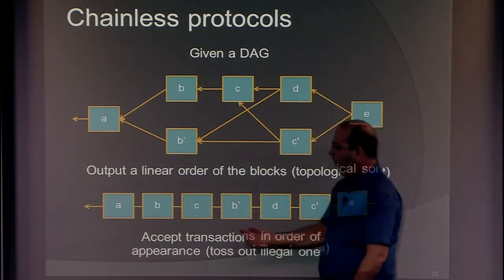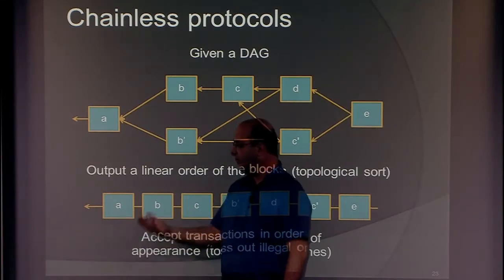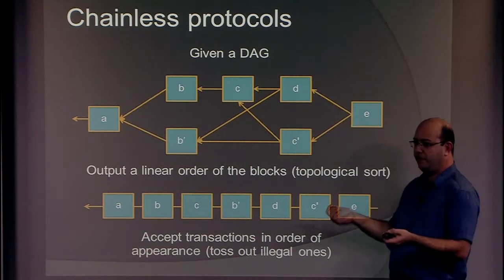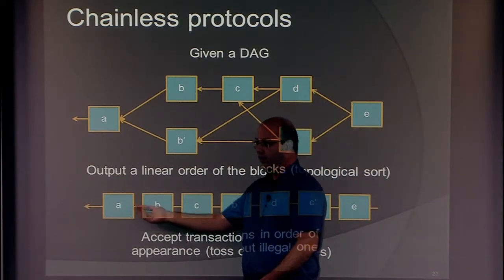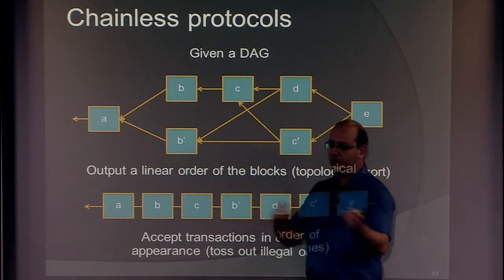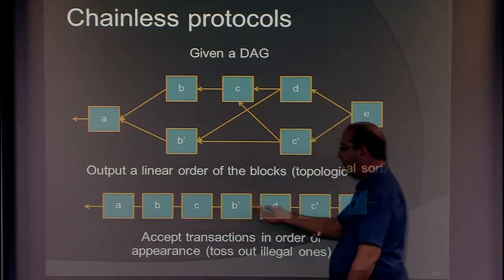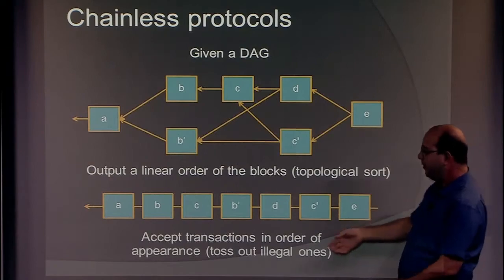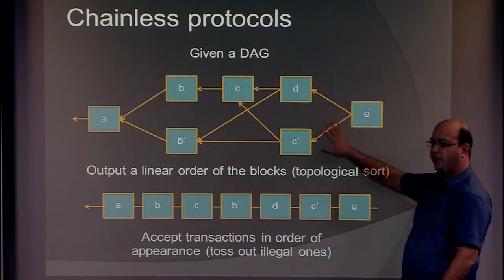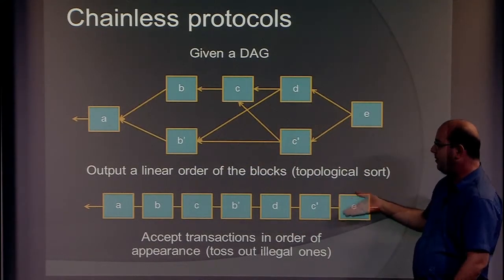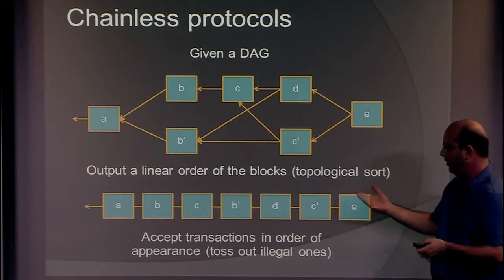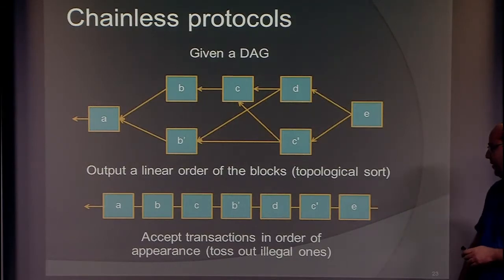And now, how do I think about the transactions that are processed here? I'll read them from start to finish, and I'll do what the bank did before. Every time I see something that doesn't work with the history, I throw it out. So I process transactions in order. Just ordering transactions is enough. So a chain is a way to do this, but this is a better way because it includes all the blocks. And now I'm even closer to social choice. I'm outputting orders from my mechanism, right? This is already very interesting.